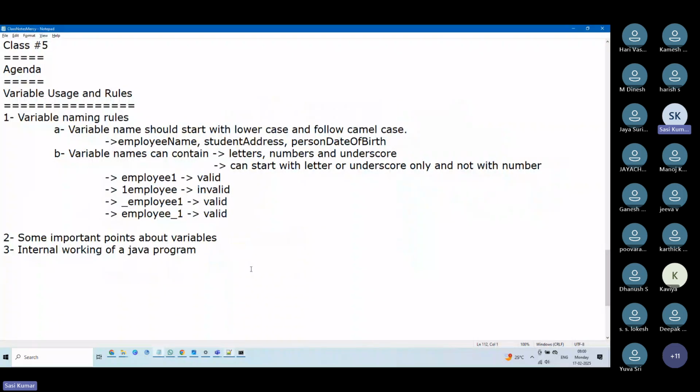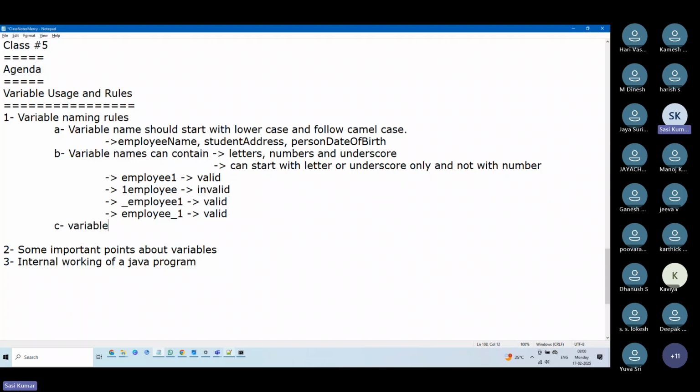Variable names. The third one is, I'll say, variable names